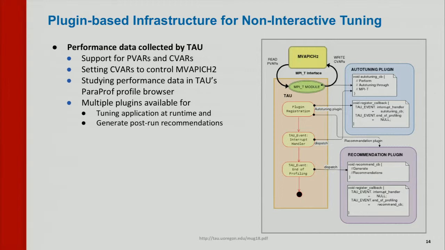So what we have done in TAU is we have created a plugin infrastructure so that you can instantiate different performance tool plugins. And these are activated at runtime, and you can use this plugin architecture to tap into different salient events that take place in the program that are shown by the different boxes over here. So your plugin can describe what kind of events it's looking for and set the callbacks, and then TAU will